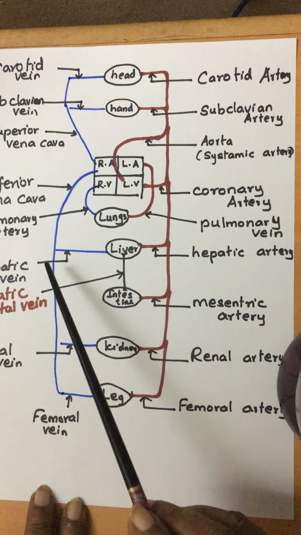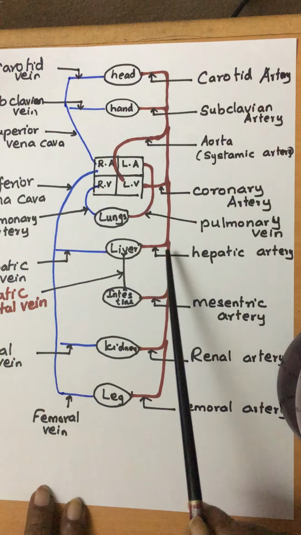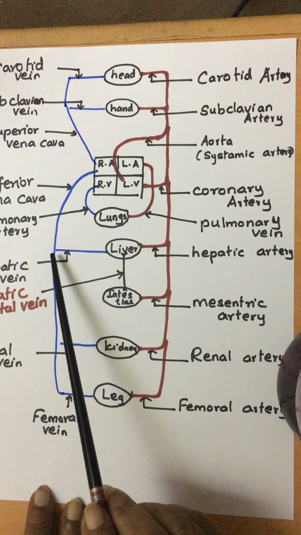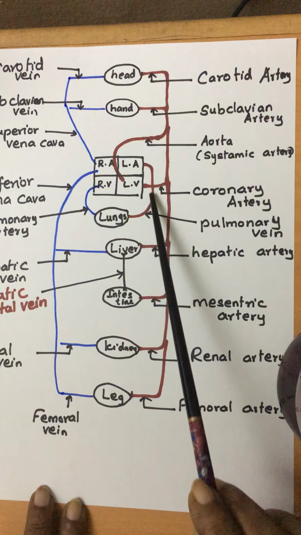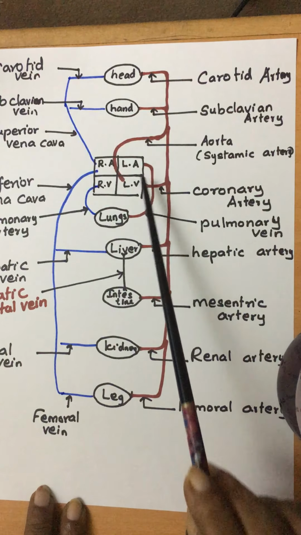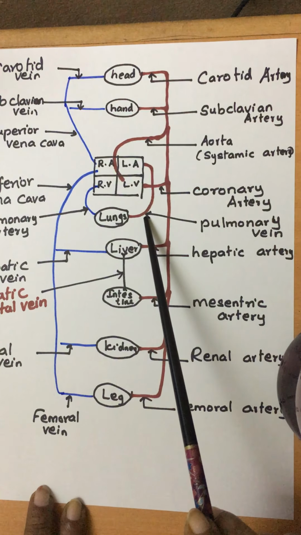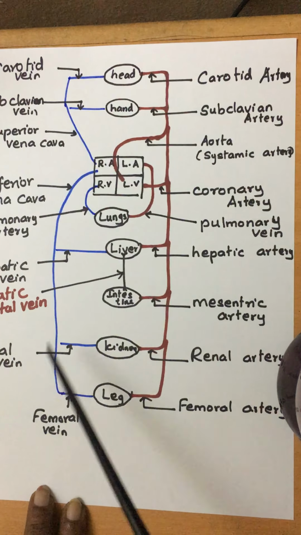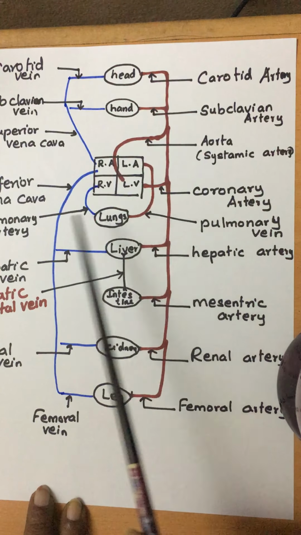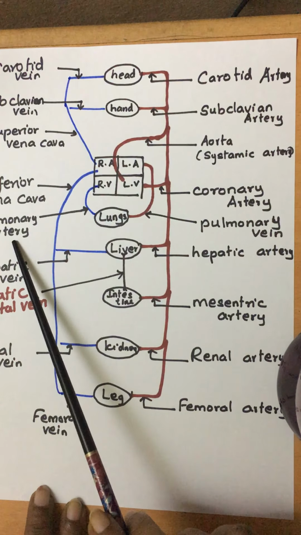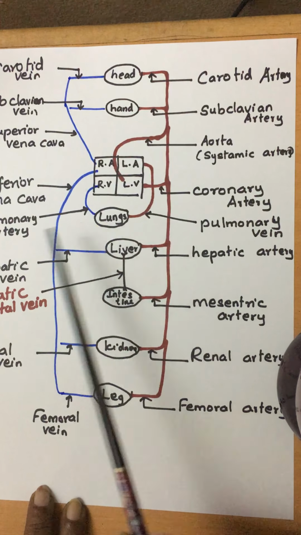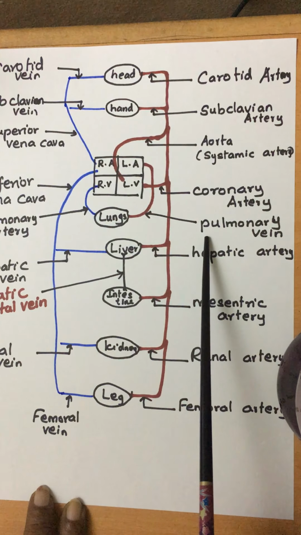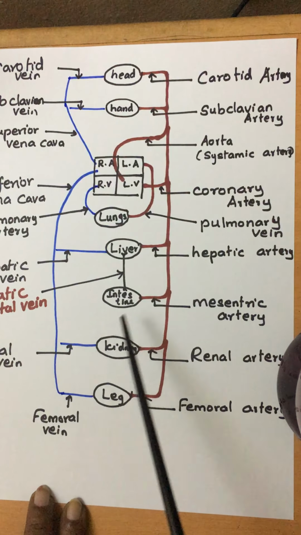Veins carry blood from the organs. Arteries supply blood to the organs, and veins take the blood out of the organs. But there is another vein from the lungs to the left atrium, the pulmonary vein, carrying oxygenated blood. So veins always carry deoxygenated blood except the pulmonary vein. The pulmonary vein and pulmonary artery are the exceptions. Arteries always carry oxygenated blood except the pulmonary artery. Veins carry deoxygenated blood except the pulmonary vein. So this is the system.